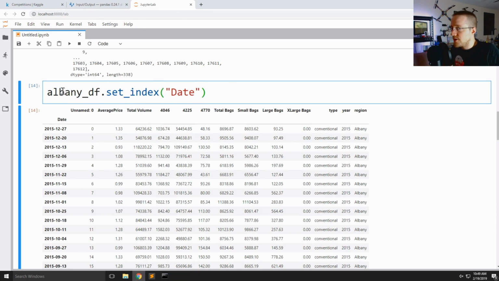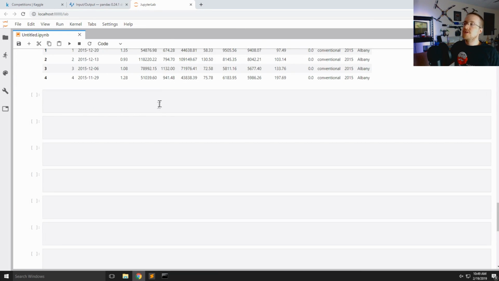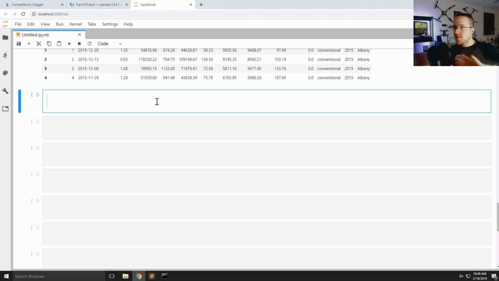So we have two options when we want to perform most things. I will say some of the commands will by default be what's called in place, and others don't have an option to be called in place. You actually have to redefine. So there are two things you can do with something like set index. One thing you could say is Albany df equals Albany